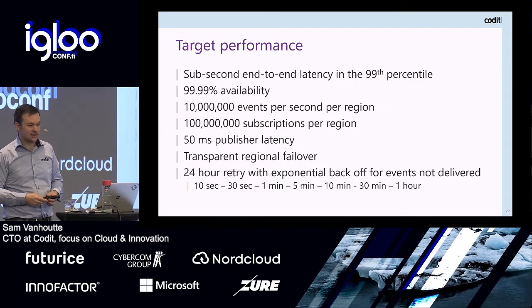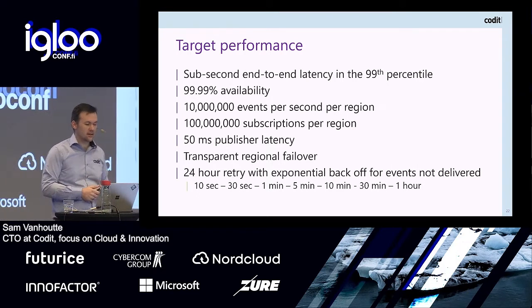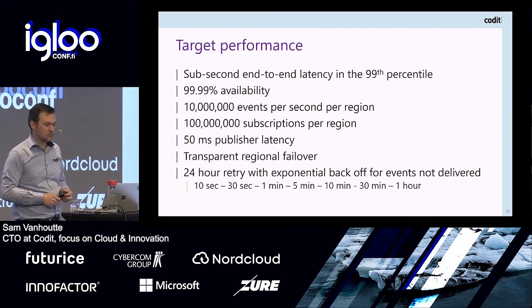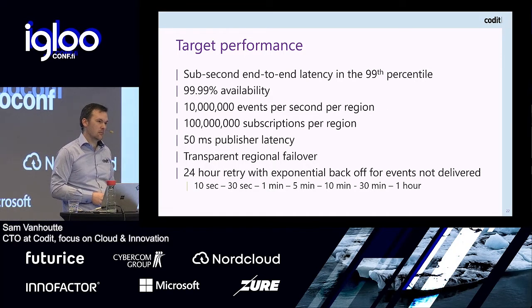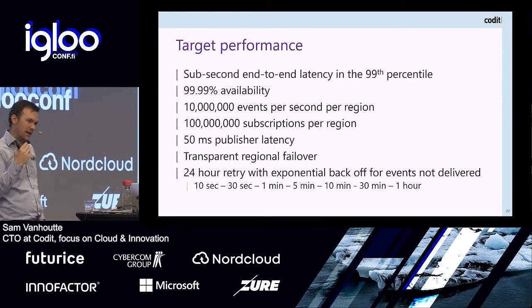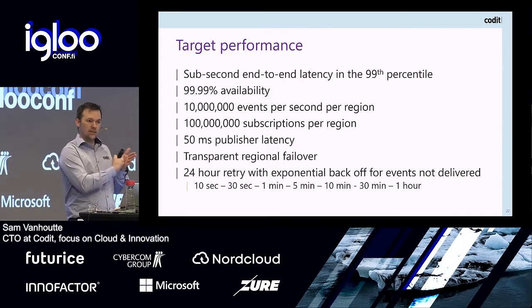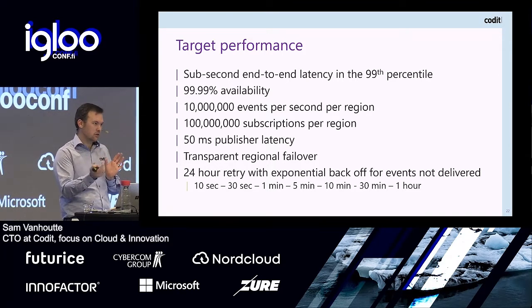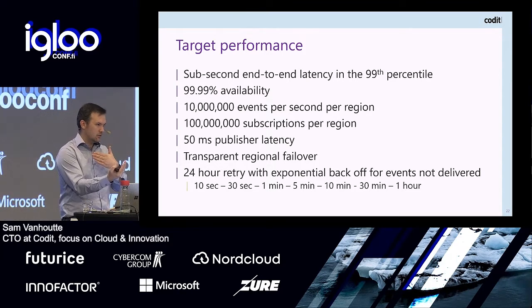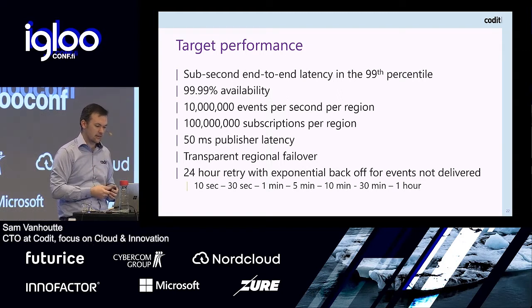Performance-wise, this is huge. 10 million events per second per region, 100 million subscriptions per region, and they aim for a 50 milliseconds publisher latency. So I think that's quite huge. What is important is also that they have failover, because they are pushing to you. Imagine that you have something that is spitting out a lot of events. As the event handler, you have to make sure that you can handle these events coming in, because if you, for example, have an HTTP webhook that you expose that gets called by Event Grid, you have to make sure that that application, that logic, is capable to handle that.